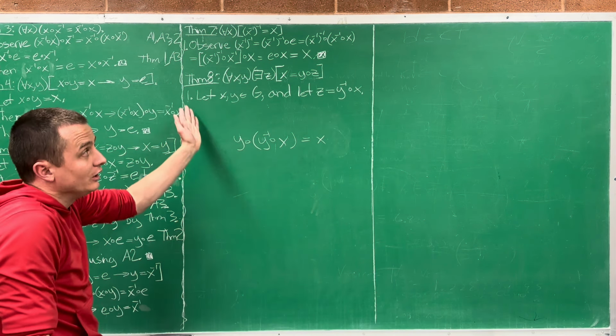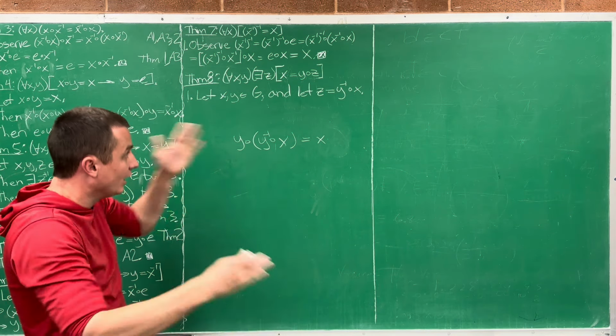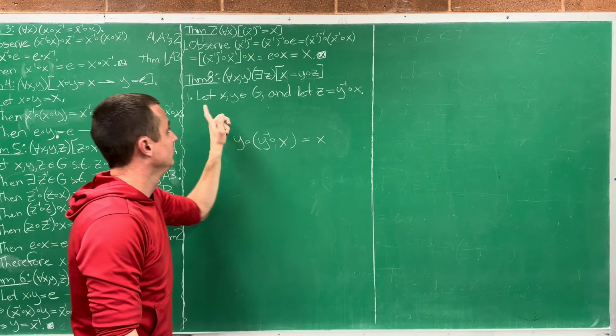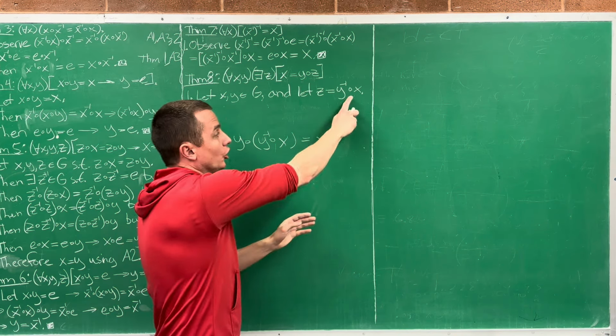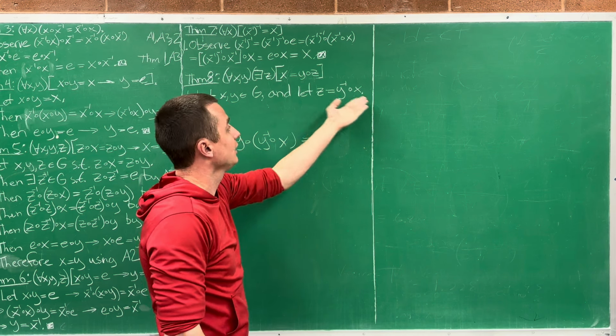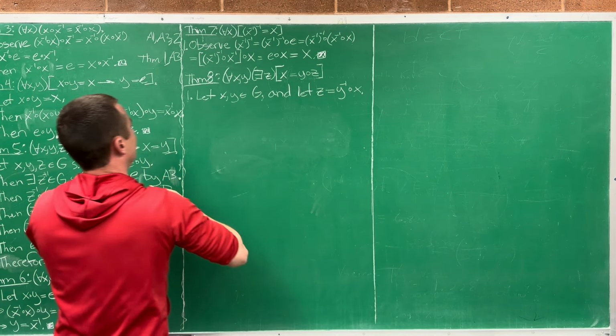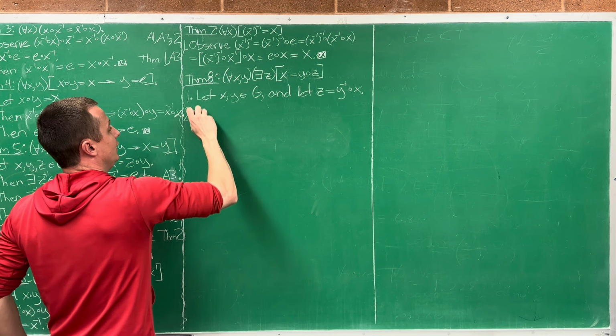Since x and y are two things in there, y inverse must also be in G, because y is in G, and every element has an inverse. And x was already in G. And circle, anytime it takes two elements out of G, it spits out another element in G. So z is now an element in G. That makes sense. So 2. Then